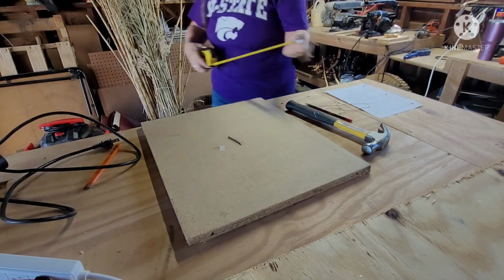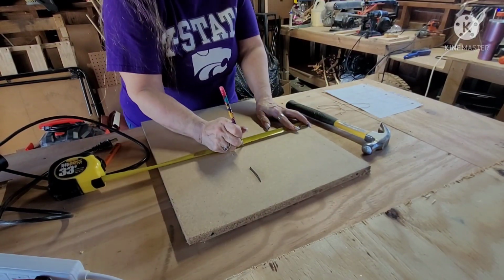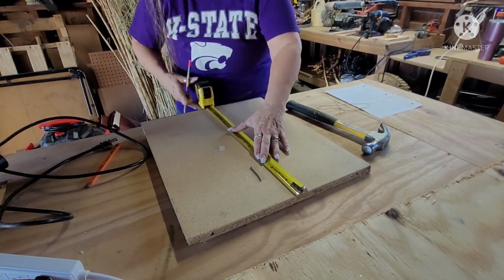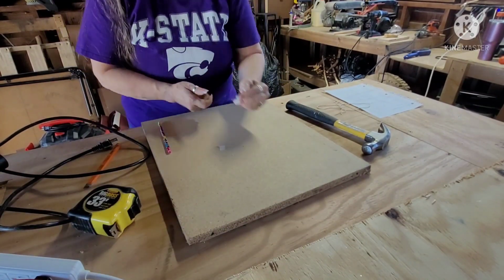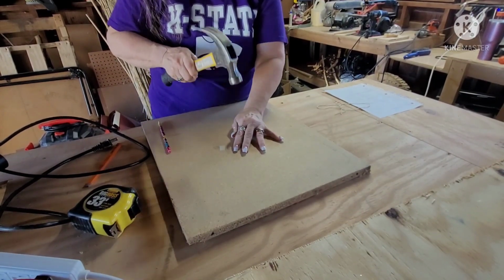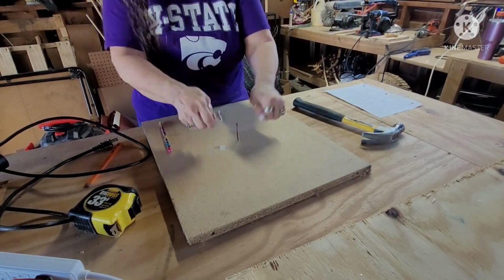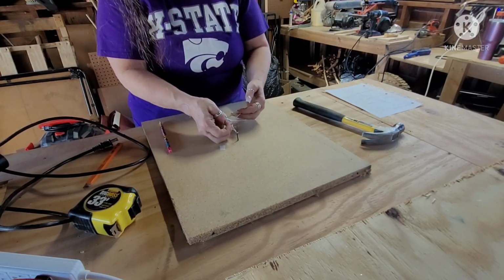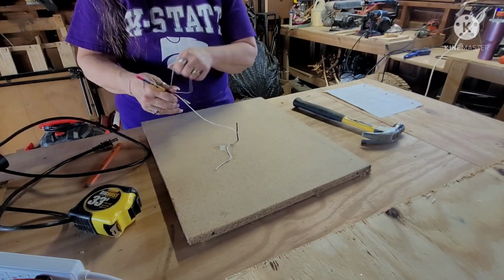I am out in my garage, and what I'm doing is making 2 or 3 large circles. A larger, a little bit smaller, and smaller. I'm marking the center. I'm going to put a nail in the center, tie some string on it, and use a pencil to draw a circle around so that I can get a fairly straight circle. It's not going to be perfect, and that's okay. And then I'm going to